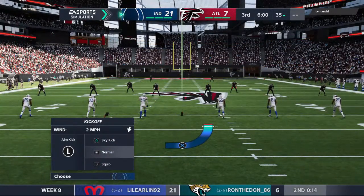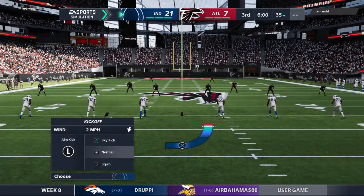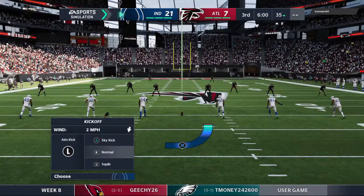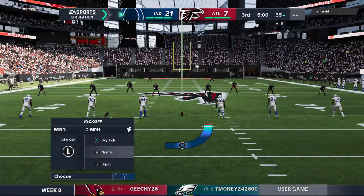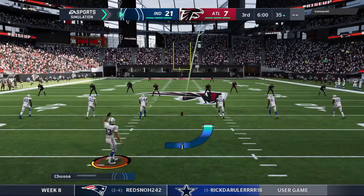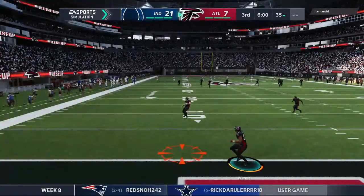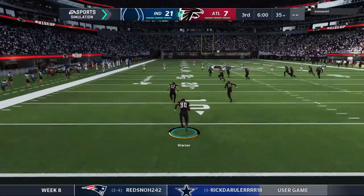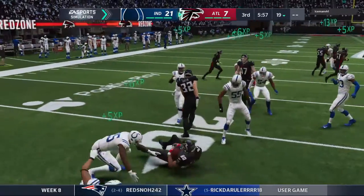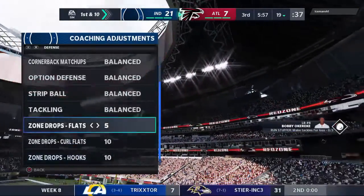Rigoberto Sanchez to kick off for Indianapolis. It'll be Falcons football, and they trail here as we get back underway on EA Sports. Fielded just outside the goal line. And good coverage there on special teams as they'll get him down shy of the 20. At their own 19-yard